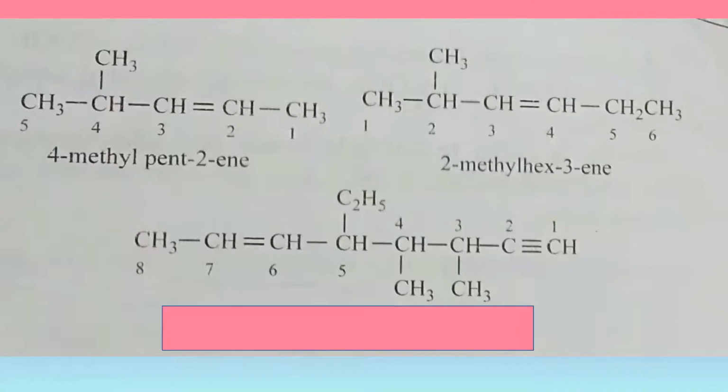Now coming to the next one, it looks complicated, but it's actually very simple. Here if you see, the triple and double bond are not at the extreme corners. In this case, you are pretty much aware that the triple bond will get more priority, that is, it will get the least locant number. So if I go naming from right to left, there are 2 methyl groups and 1 ethyl group present, and the methyl groups are present on the 3rd and 4th carbon, and the ethyl group is present on the 5th carbon.